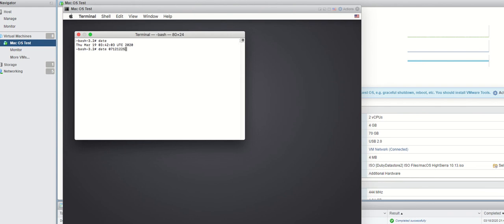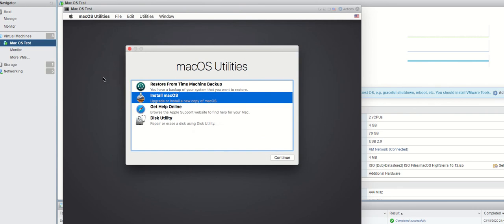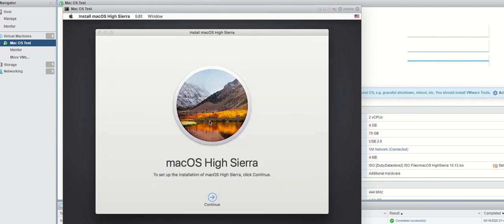12/25 and 2018. If you check the date now, you should have July 12, 2018, and then just quit the terminal and then try again. Hopefully I'm right. Yep,